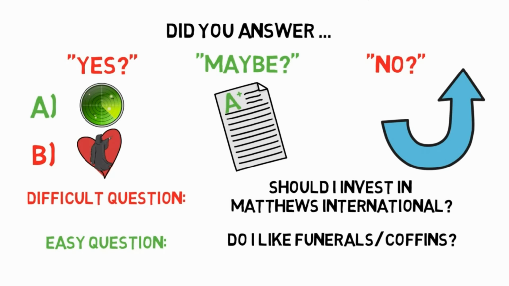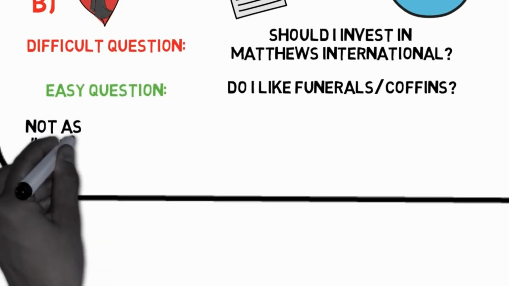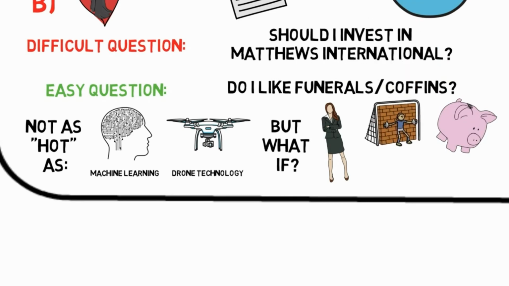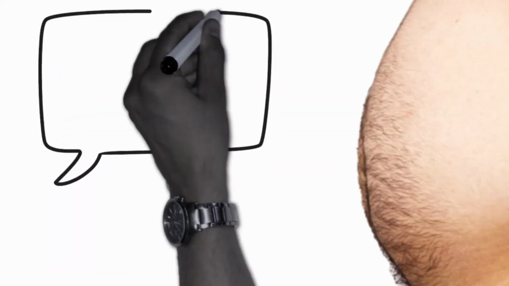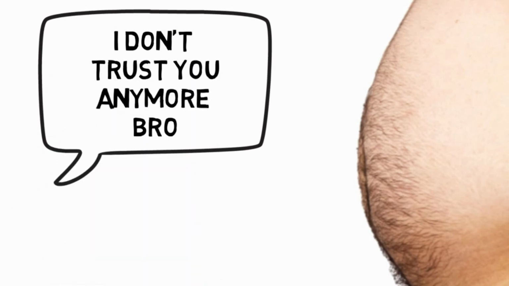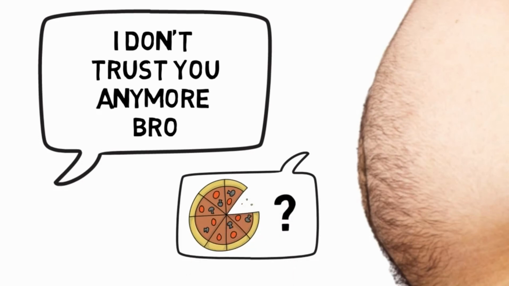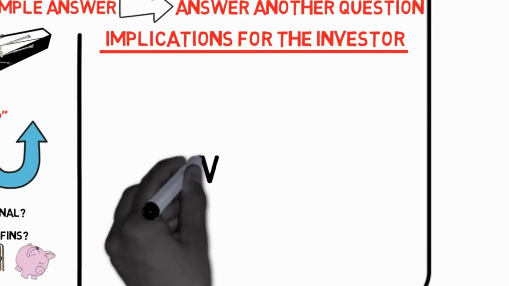Obviously, an investment decision can never be made with such limited amounts of information. Sure, the funeral industry might not be as hot as machine learning or drone technology are right now, but if Matthews International has great management, solid finances, competitive advantages, a strong distribution network for geographical expansion, and is priced at PE 5, you'd be a fool to decide that you're not going to invest in it just because you don't find the industry sexy enough. You cannot trust your gut when it comes to investment decisions. The reason is because your gut has substituted the original, complex question for a simpler, related one. Implications for the investor. Well,